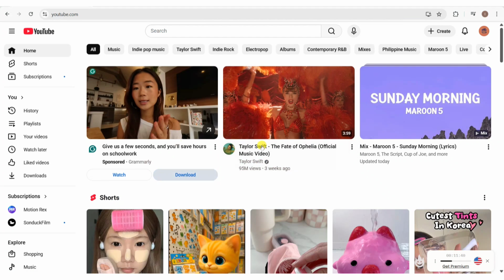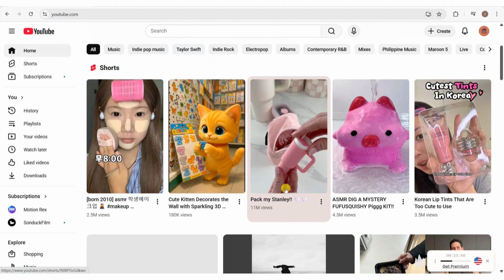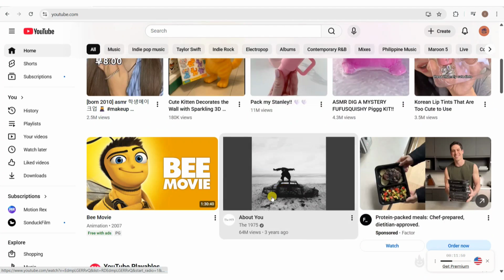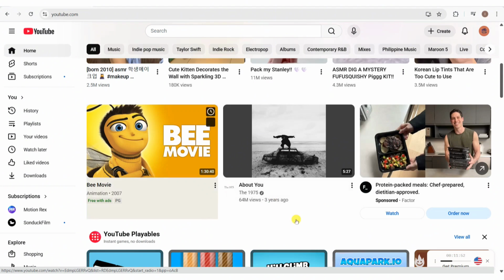How to fix YouTube video captions not working. So in this video, I'll show you how to fix YouTube video captions not working. So to fix YouTube captions or auto subtitles not working, first thing you need to do is to go ahead